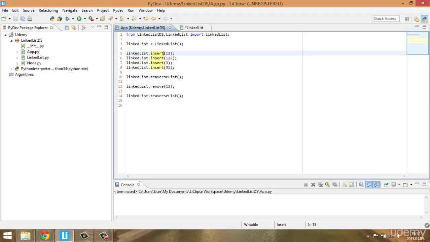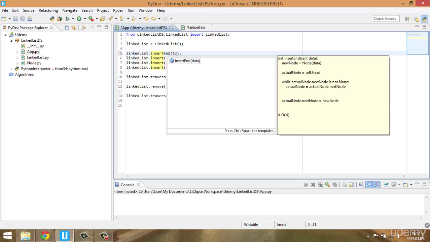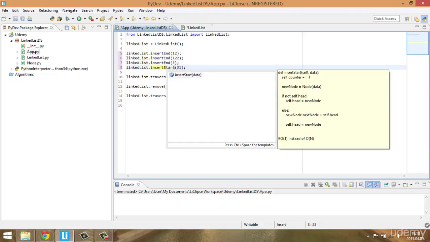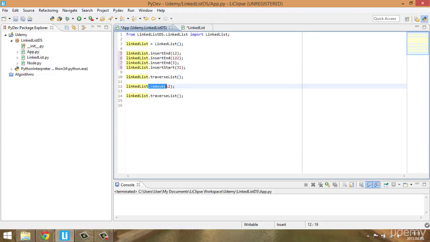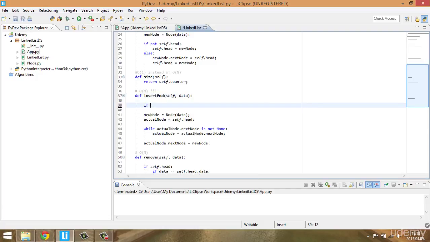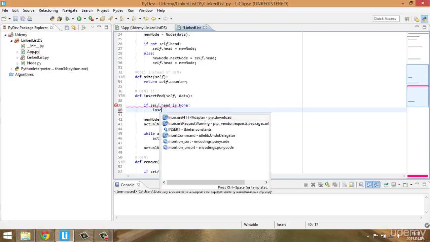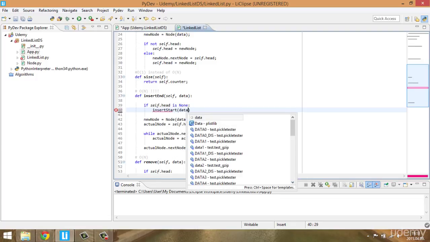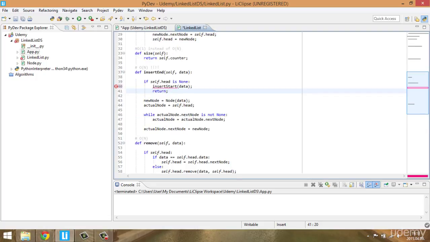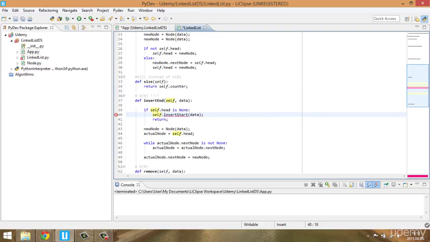So we have to insert, and I think that insert at the end. So let's test whether the insert at the end works: we insert at the end, we insert at the end, insert at the start, then traverse the list, then remove the 12, then traverse the list again. And I think that if we want to insert at the end, and it is the first case, which means that the self.head is none, then we have to call the insert start method with the data and have to return, because if it's the first element,